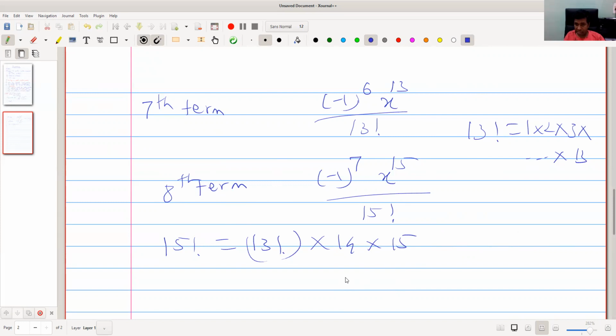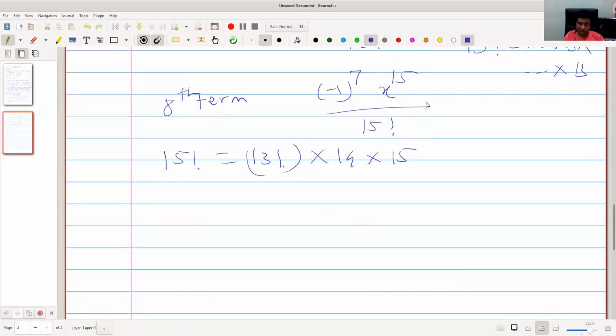This is the first thing. Second thing, if I have x raised to 13, then I should not compute x raised to 15 from scratch. For the computer, x raised to 13 is x into x into x and so on, 13 times, so x raised to 15 would be x into x into x and so on, 15 times.